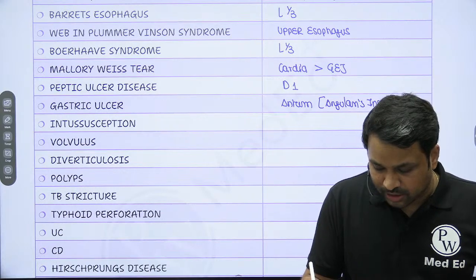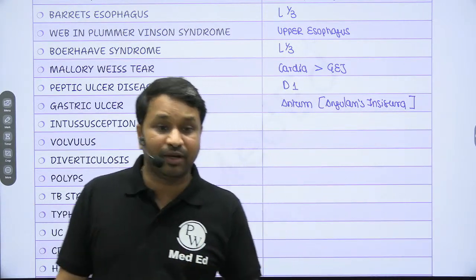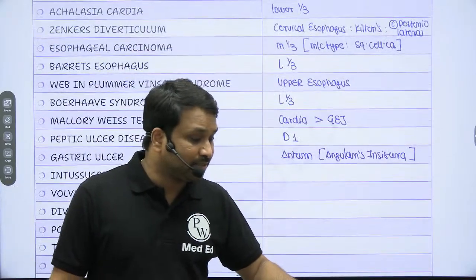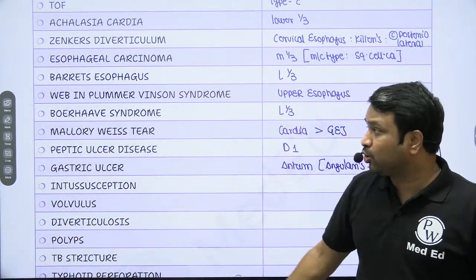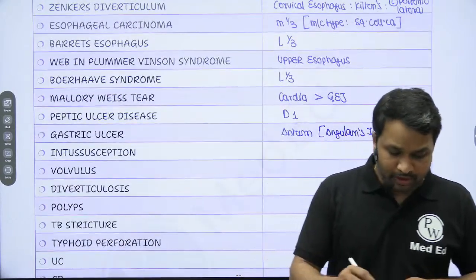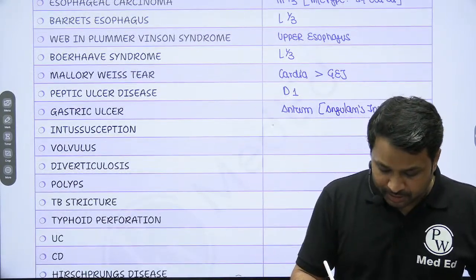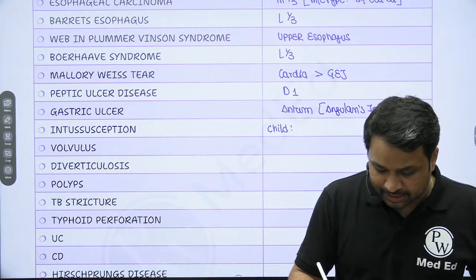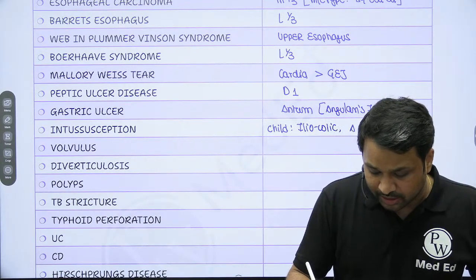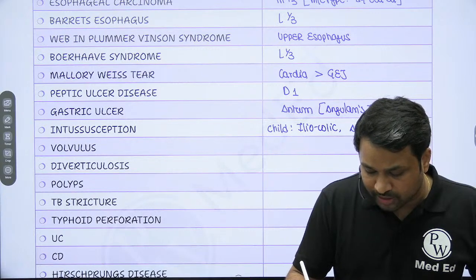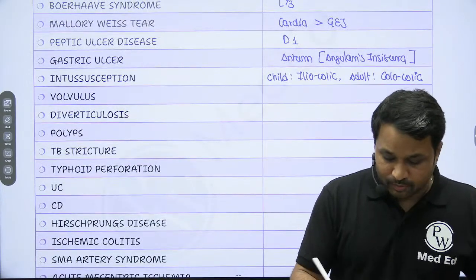बेटा, चैट बॉक्स नहीं चल रहा है, यू आर नॉट आंसरिंग इट। मेरे साथ फटाफट फटाफट, मेरे से आगे बोलना है। आपके सामने सब कुछ नजर तो आ रहा है, मैंने कुछ छुपाया भी नहीं है, ठीक है। सो यू नो व्हाट यू आर गोइंग टू टॉक अबाउट। Mallory-Weiss बोल दिया है, पेप्टिक अल्सर हो गया, गैस्ट्रिक अल्सर हो गया। इंटससेप्शन, अगर बच्चों में पूछोगे, इन चाइल्ड अभी बताया था, इट इज गोइंग टू बी आइलियोकोलिक। लेकिन वही क्वेश्चन अगर अडल्ट में पूछा जाएगा, अडल्ट का मोस्ट कॉमन साइट कौन सा है? कोलोकोलिक, ठीक है।